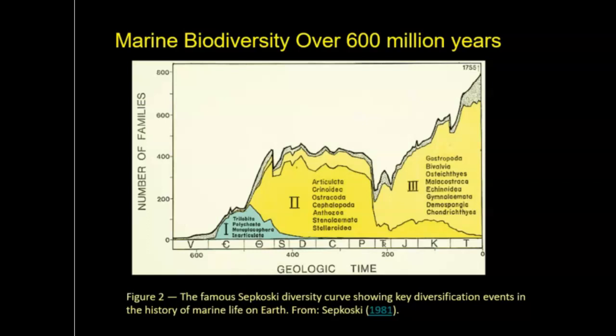Okay, the first thing I want you to notice is that the trend is for an increase in diversity over time. In general, the number of families increases as you approach the modern era. There are some biases in the fossil record that contribute to this, chiefly that more recent sedimentary rock preserves more fossils and better fossils than older rocks, and lots of the Earth's oldest rocks, including sedimentary rocks, have been destroyed through geologic processes. Nevertheless, there's enough data out there that this pattern is robust for showing an increase in biodiversity over time, which is exactly what you would expect as ancestral species split into two or more other species through